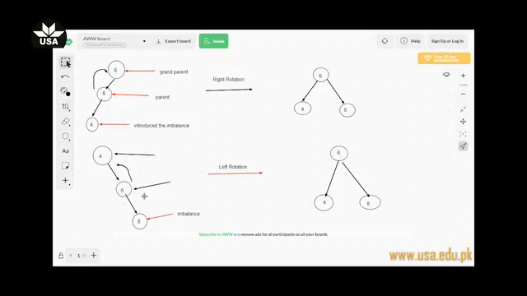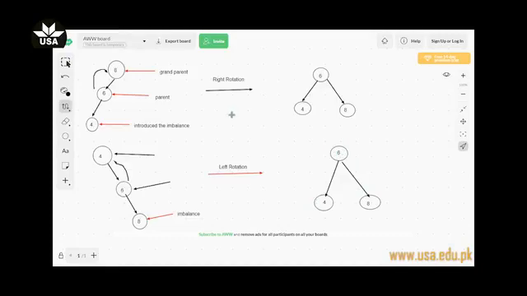After the left rotation, the tree is pretty much balanced, and you can observe that the median value is again the root node, or the parent node in this case, with smaller values on the left side and greater values on the right side.